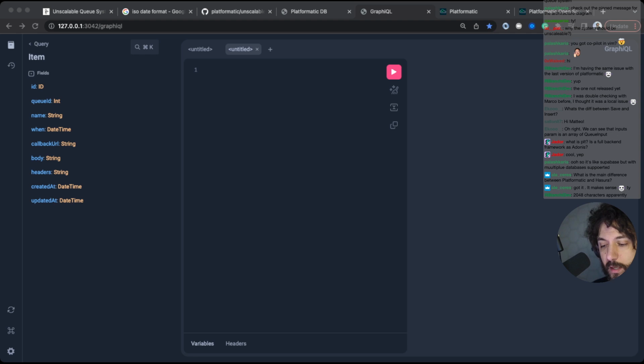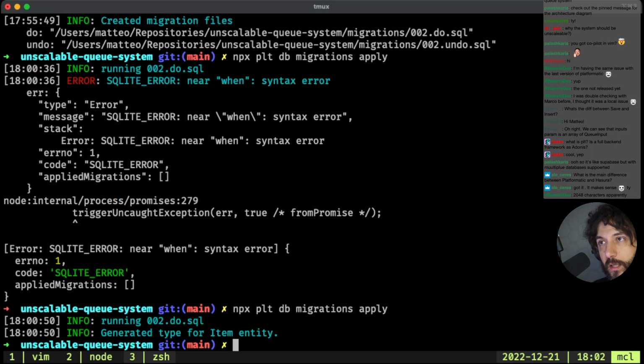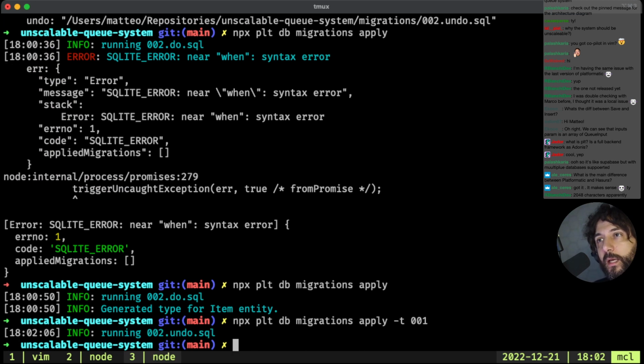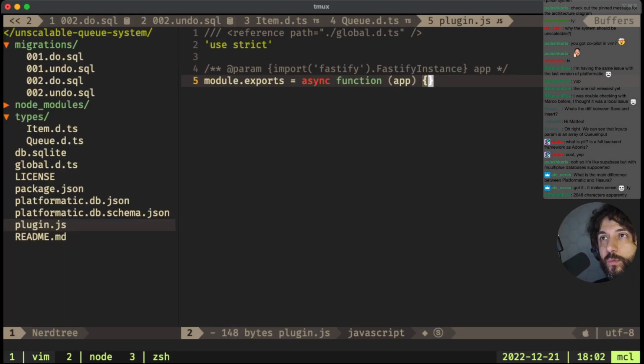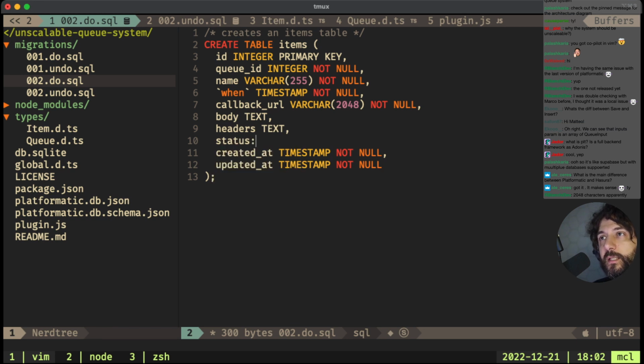So, okay, let's go back. I made a mistake, and I need a status. So in my migrations, apply -t001, and yeah, we have to undo this migration, and then I need to add a status, and I need to know how to do enums in SQL.